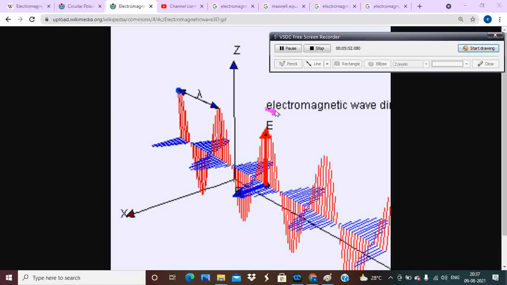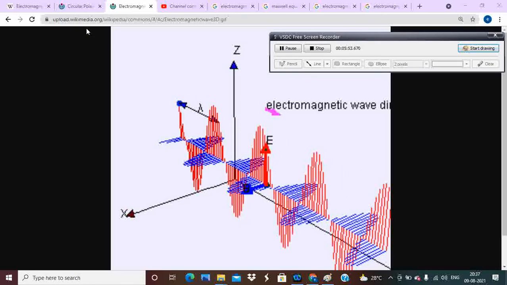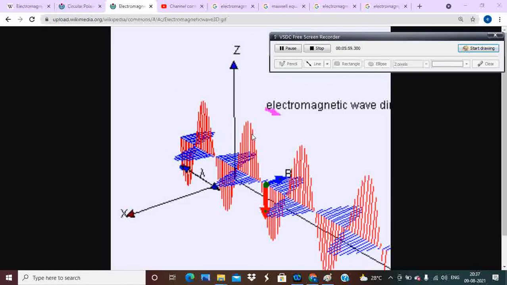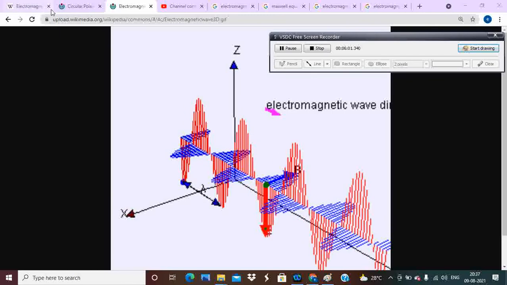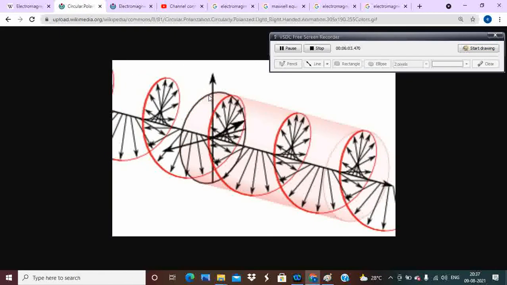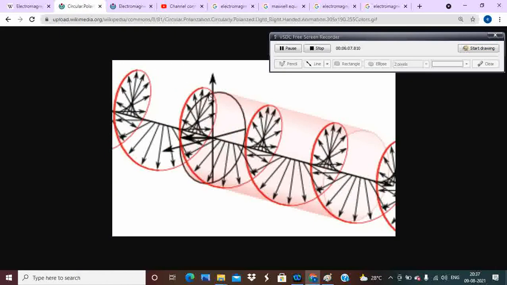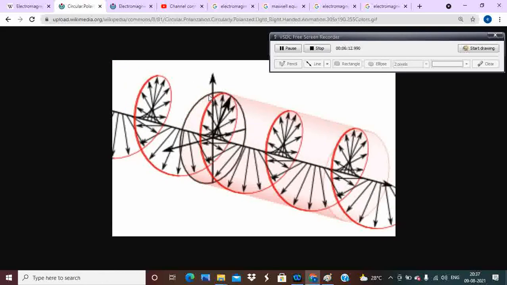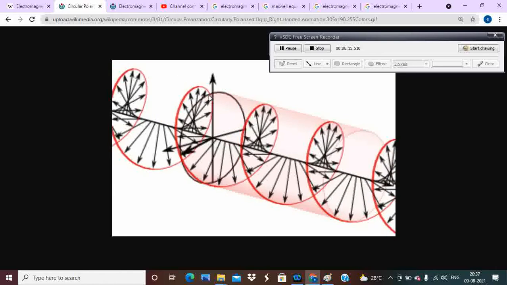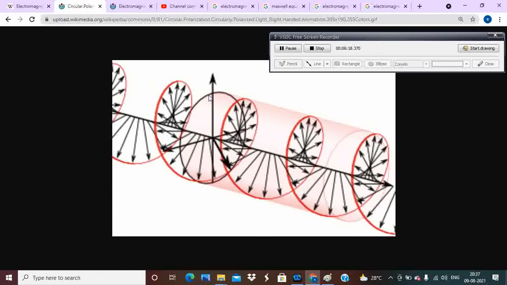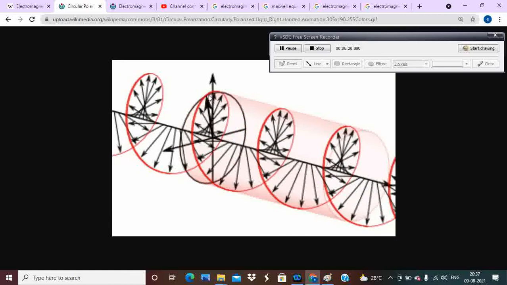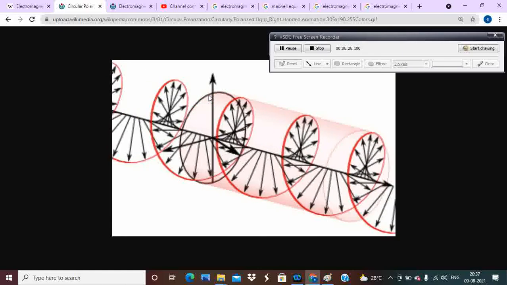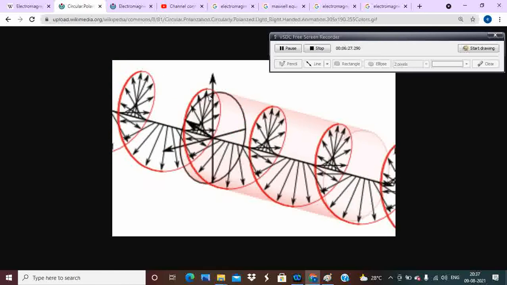Now this is one form. This is called linearly polarized, that means polarized in a linear manner. Now see here, it is represented in the form of circularly polarized. Here the electromagnetic waves are said to be circularly polarized. So linearly polarized means x bar, y bar, z bar, that is three-dimensional. Here also x bar, y bar, z bar, but in the polar form, r into e power minus j theta, as discussed earlier.